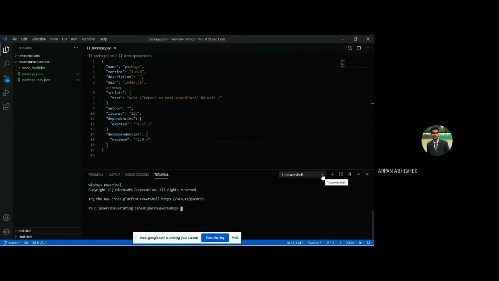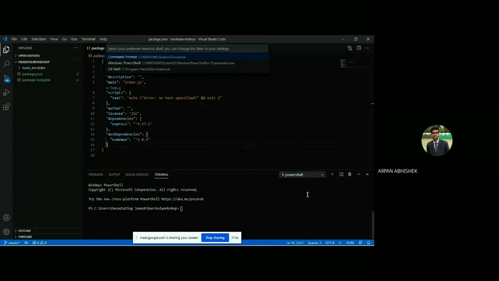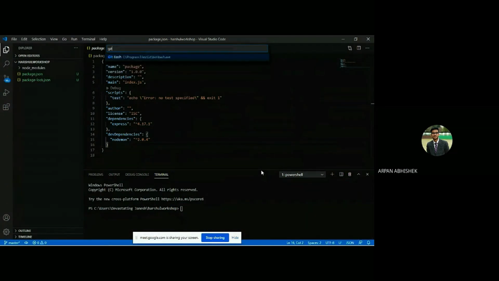Just click on it and select a default shell. You can choose Git Bash from there. Just select it.